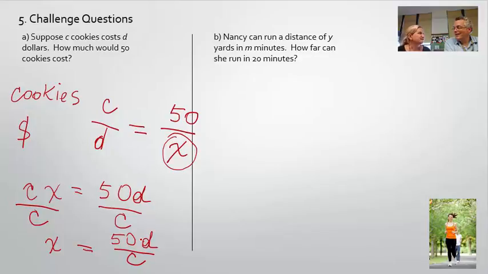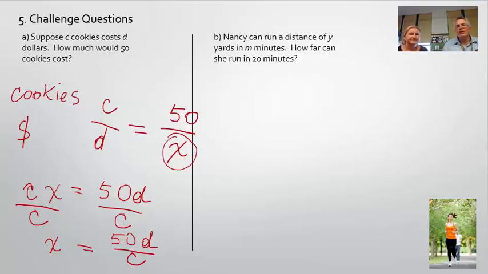That's it? That's it. That's the answer? That's the answer. That seems, like I said, that seems weird. Yeah, it looks different, but this is what we were looking for. Okay, so if we told you what D and C were, you can just put it in there and solve for X. Actually, it was less work. We didn't even need a calculator. So once you get the hang of it, it's even easier than the other ones.